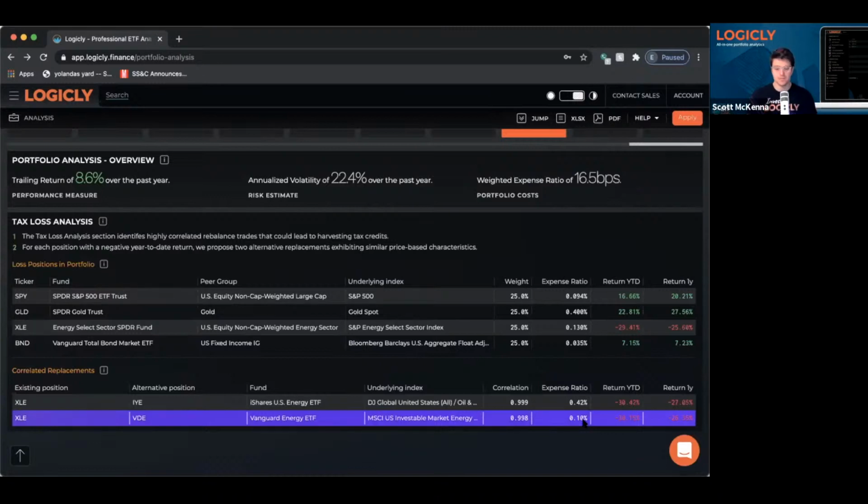You save some bips for your client. That's a great thing to share with them at the end of the year, saying, going into this meeting, just want to let you know, we made a swap to VDE. We're going to save you X number of dollars on your tax bill, and then also we're going to lower your fees moving forward. So those are some awesome stats.